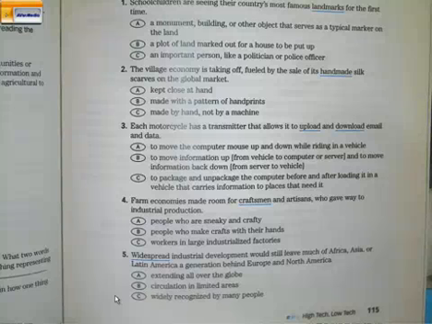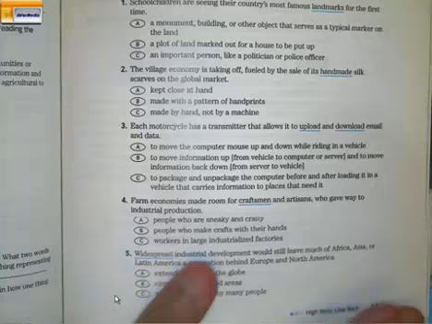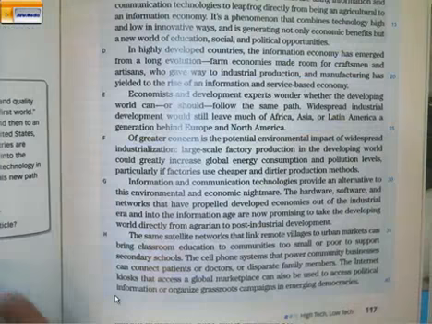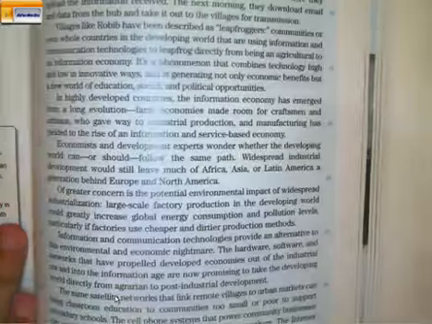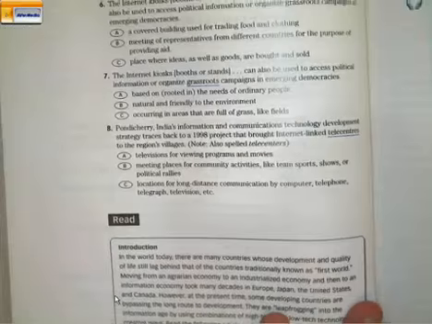So it's B. Widespread, we already met this word, and I think you know the answer. Widespread means extending all over the globe. The answer is A. Do we have more? Yes.